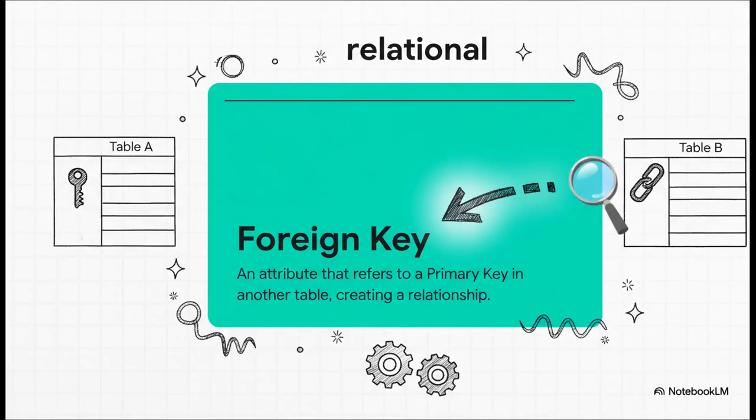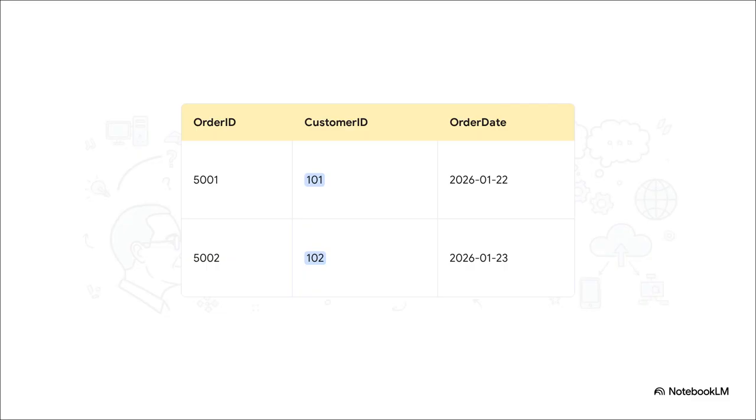But this is where the magic really happens. The whole reason it's called the relational model is because of how it connects these tables. And it does that with something called a foreign key. And you can see it right here perfectly. See that customer ID column in the orders table? That's our foreign key. It points directly back to the primary key in the customers table. And just like that, with one simple link, we've connected these two different sets of data. We now know exactly which customer placed which order.